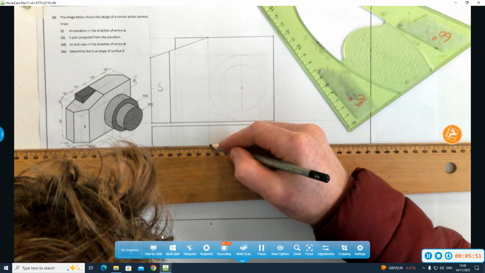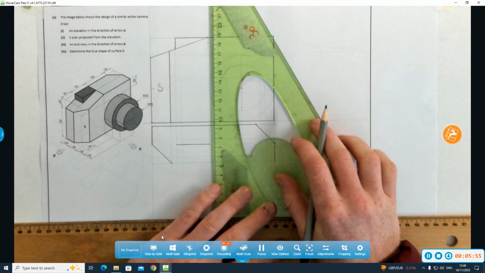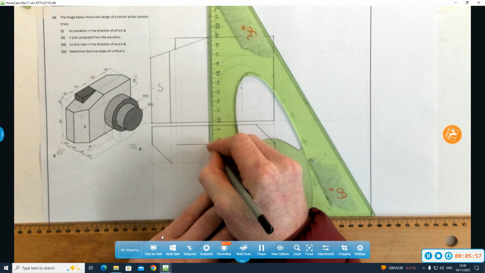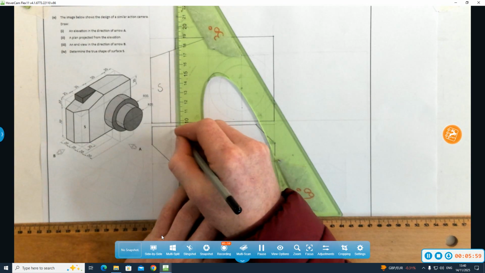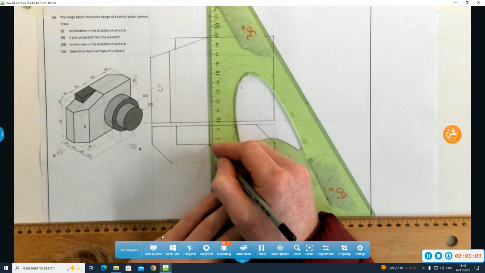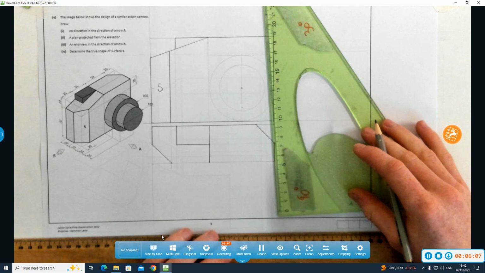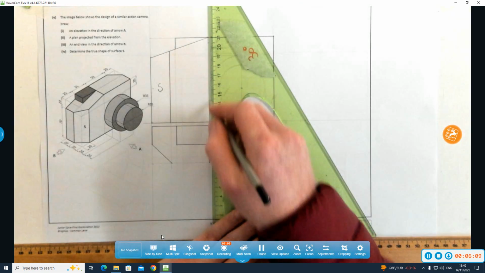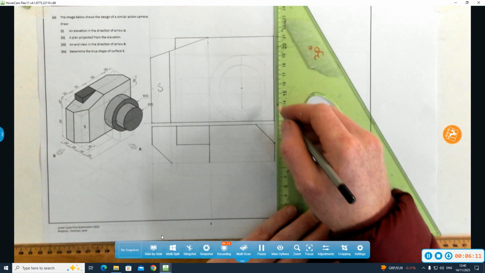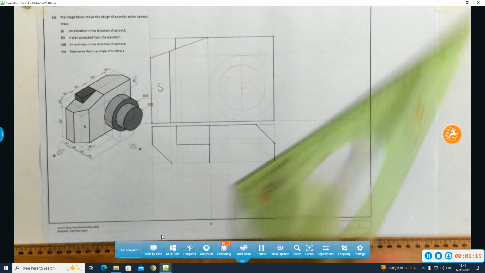Button is the same distance as this. Okay, now all we need to do is bring out our lens parts. So bring them down. And down. It sticks out